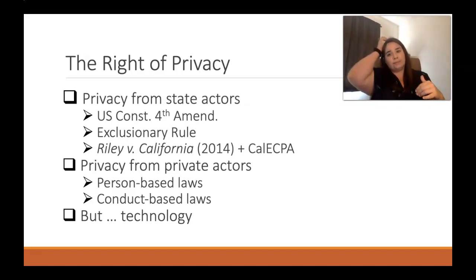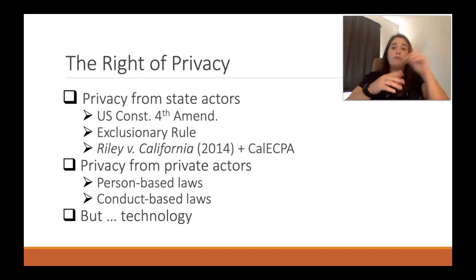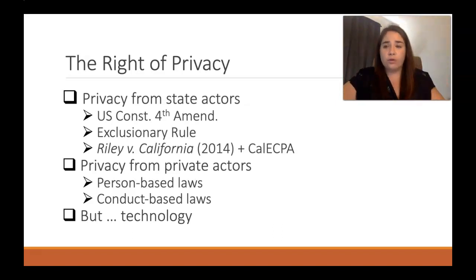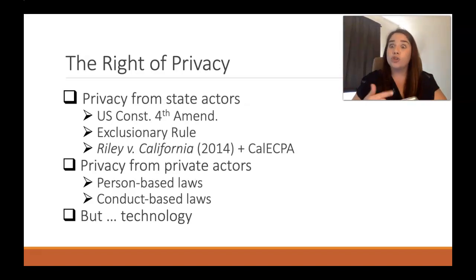And so it used to be, in the good old days, that if you stopped a person during a traffic stop, you're a cop, and you think that you have evidence showing that they may be involved in the sale of narcotics, okay, dope dealer. Before 2014, you could just take their phone, open it, however you might do that, and just start searching through their text messages and their cell phone records.